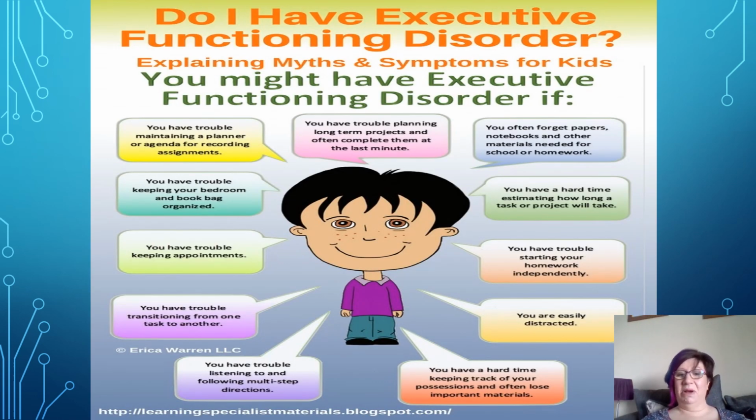Okay, so let's think about this then. Does your child have problems with executive functioning? Are they easily distracted? Do they have trouble starting their homework? Or are they one of these kids that says, I don't do homework because I do schoolwork at school. I can't do it at home because it's schoolwork, so therefore it fits into one box. Do they have trouble keeping their bedroom tidy? Can they not organise what they need into their school bag? Do they have trouble getting to places on time? Do they have trouble transitioning from one task to another?